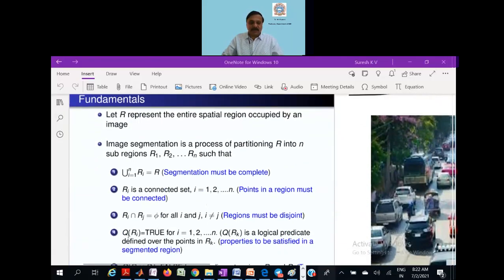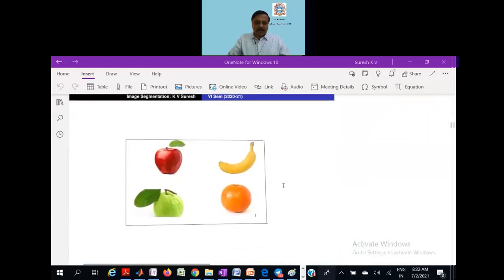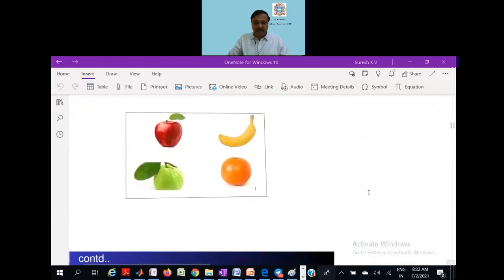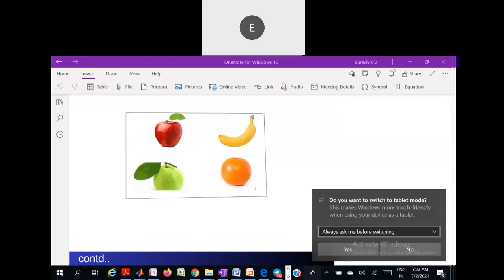Now let us try to understand some mathematics behind this. Before going to this, let me just show you an image here. What is the image you are seeing here? It's an image of different types of fruits, including apple, banana. Correct. So what I'm trying to do is